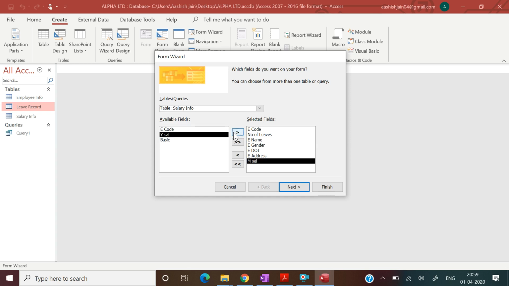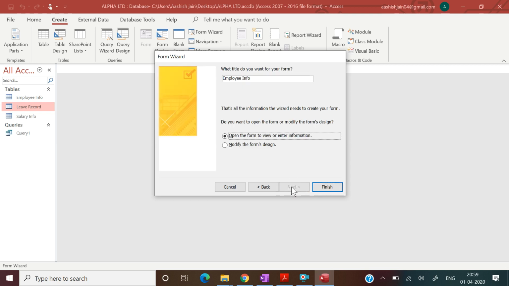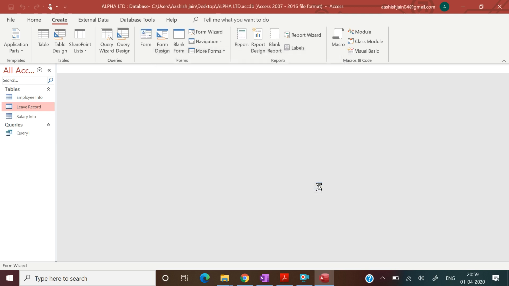We will select one by one again, then select next. Now they are asking what kind of form you want. Okay, so you can select any of these. So I'm just selecting the first one, that is columnar. Okay, next, and then finish.